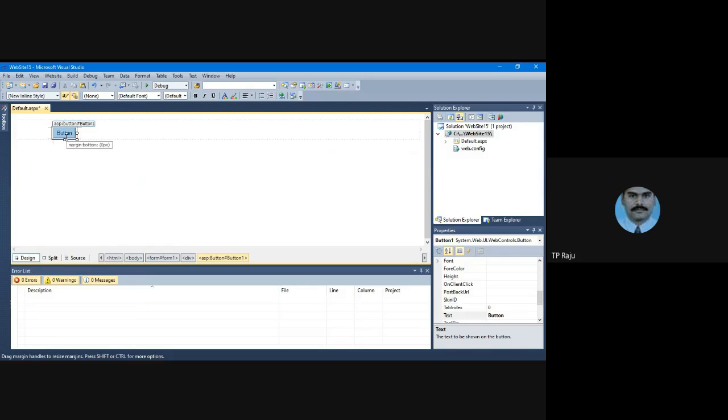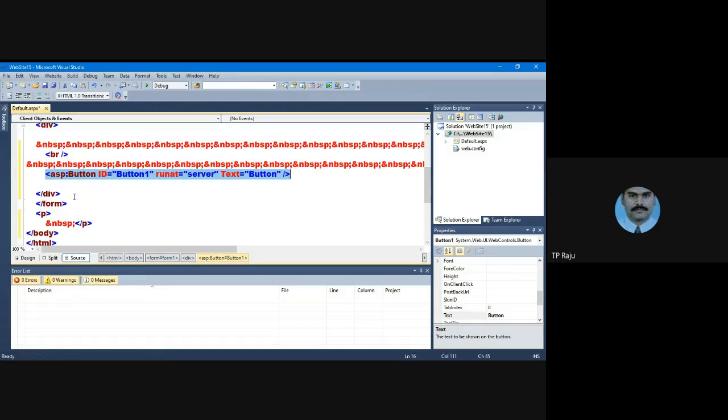See, this is our design view. I am selecting the button. Then I am going to the Source. This source is called the tag window. Here it is showing asp:Button, ID equal to Button1, runat equal to server. All the ASP.NET controls are called server controls, that's why it is showing runat server. ASP.NET controls start with the less than asp colon, that's why you are seeing here less than asp:Button. This window is called the tag window, also called the source window.